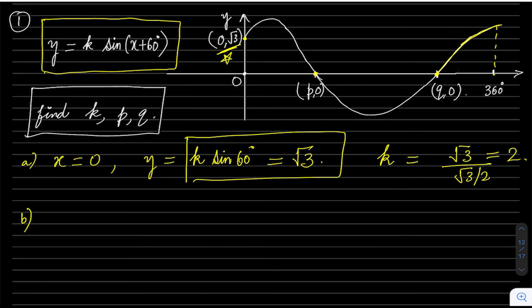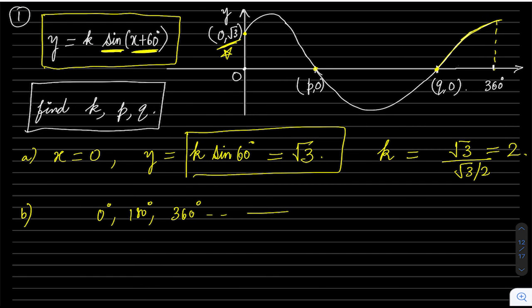Now remember that this is a sine graph. Obviously it is shifted. This is sine of (x plus 60), so it is shifted towards the left by 60 degrees. Anyways, we will study this in transformations. So right now we just have to see this. What is this function? This is a sine function. So when is sine 0? Remember, integral multiple of pi, or better, 0 degrees, 180 degrees, 360 degrees. If you can remember like this, it's also very good.